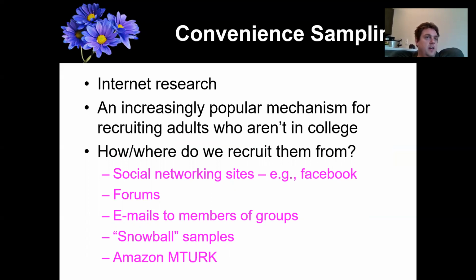So let's say I was running a study on some form of exercise, and I went to a message board or a forum that discusses exercise. Well, how might that sample, the people I draw from there, be different from the general population? They probably exercise a lot more and are more interested in exercise, if they're on a forum dealing with exercise, right? So that could be a factor. It could influence the results.